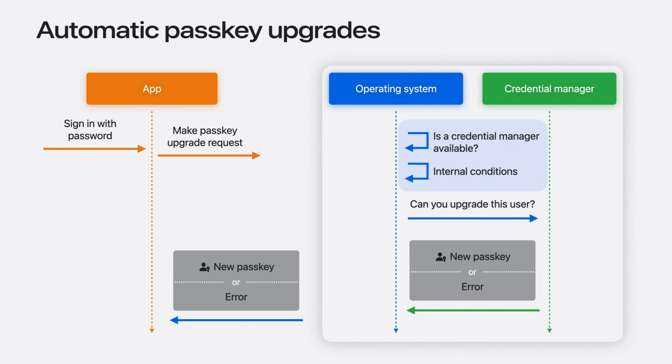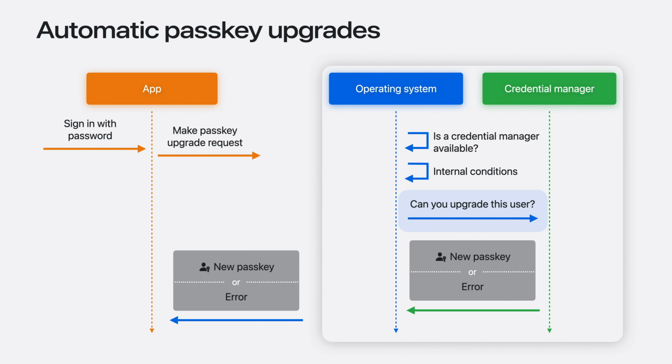First, the system performs a series of internal checks to decide whether it thinks creating a passkey makes sense at this time. Some of these checks include whether a credential manager is currently set up on the device and supports automatic passkey upgrades, whether the device is currently set up to use passkeys, such as if it has a passcode, or for requests on the web, it checks to make sure this is a non-private browsing tab. If the system is happy that the request can proceed, it passes that request on to available credential managers.